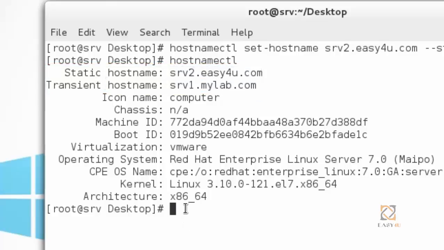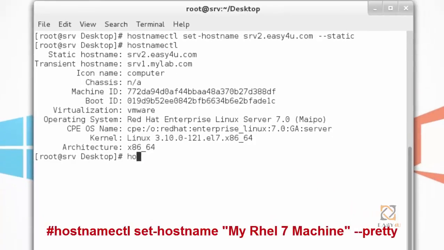Now I'm going to set pretty hostname. hostnamectl set-hostname, space, double inverted commas, my RHEL7 machine, and then the double hyphen pretty option.